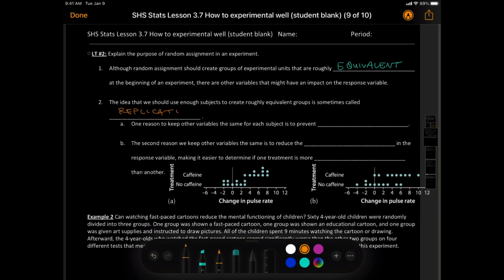Like, can you replicate it with additional, like that previous example, 30 more different students in another class? One reason to keep other variables the same for each subject is to prevent confounding, which we talked about, or confusing. The second reason we keep other variables the same is to reduce the variability, the spread of different types of numbers, in the response variable, to make it easier to determine if one treatment is more effective